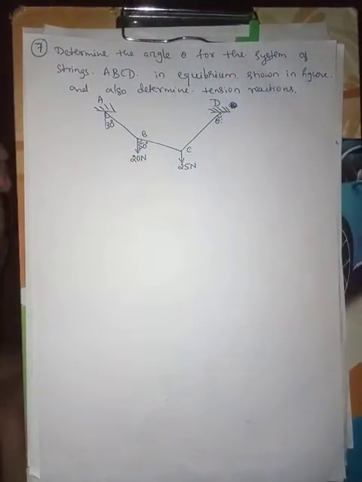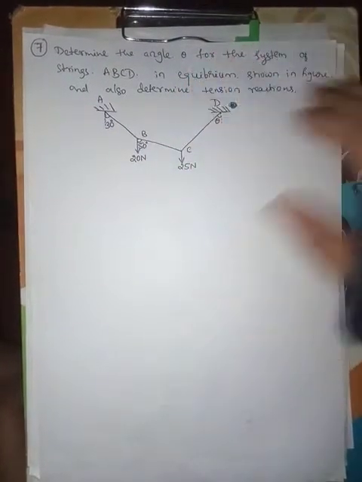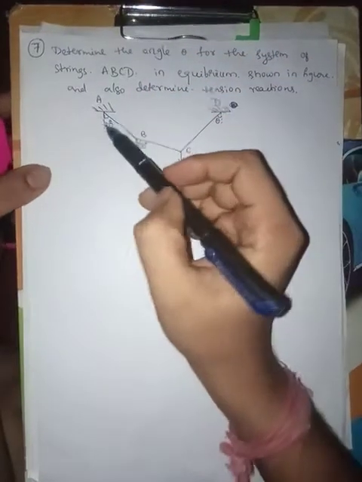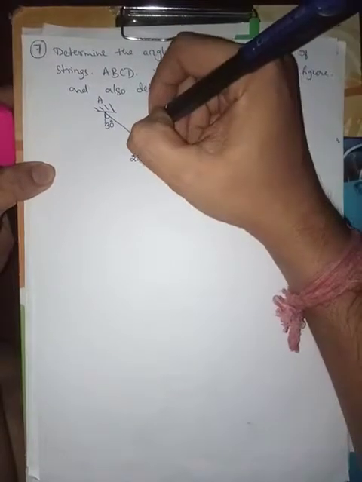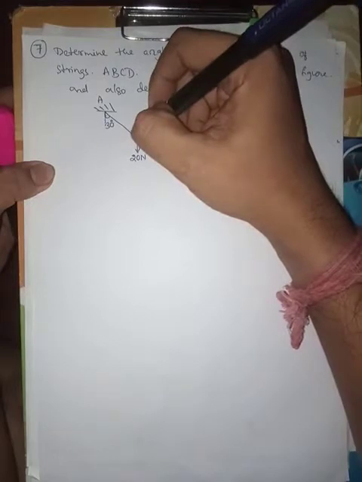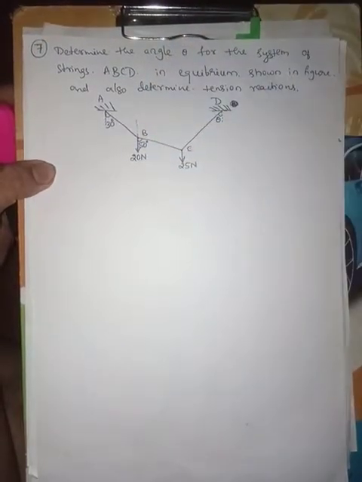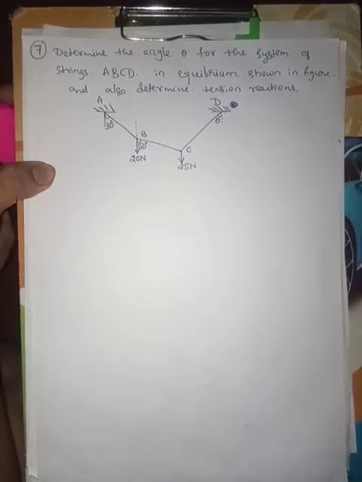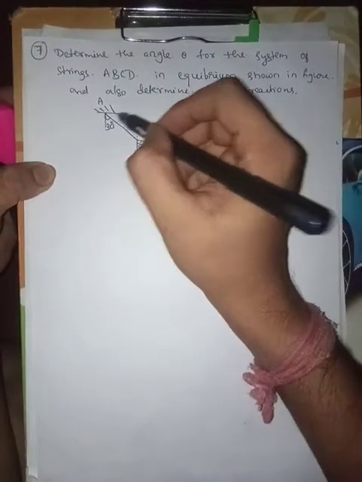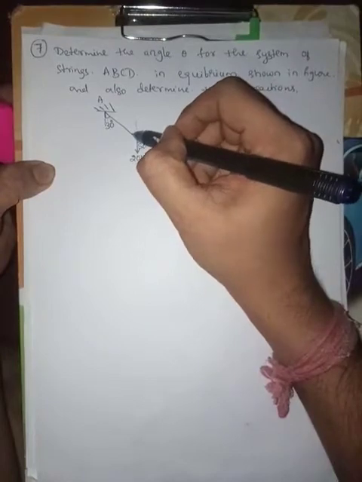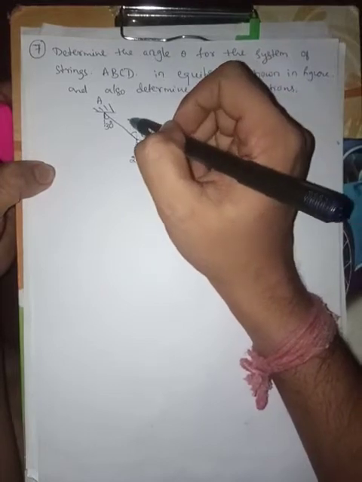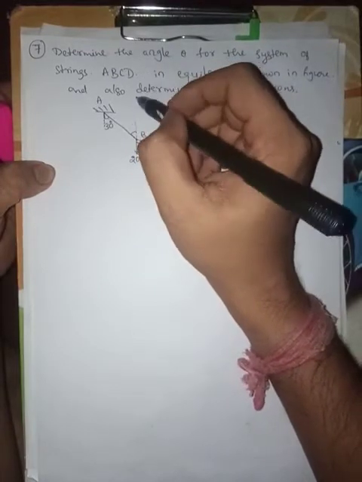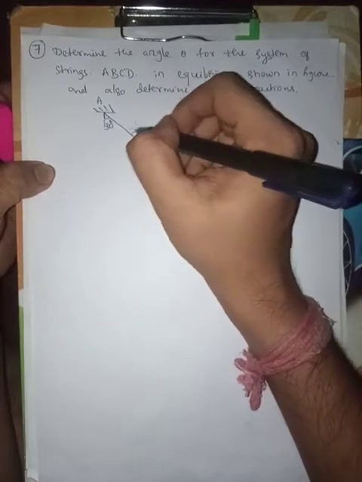Before that, just resolve the forces acting here, just resolve the angle here. If you look here, this angle is theta, and just draw the vertical plane at B. So I'm drawing an imaginary vertical plane at B. If this angle is theta, then what about this angle? This angle is also the same from the geometrical property, that alternate angles are equal to each other. So if this angle is 30 degrees, this angle is also 30 degrees.